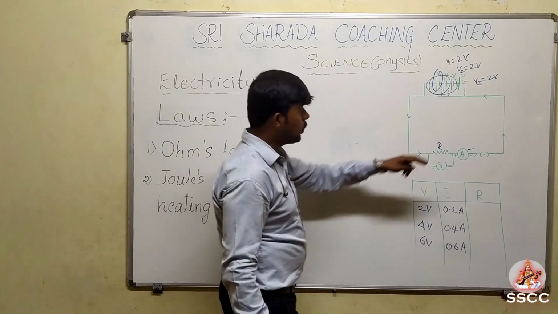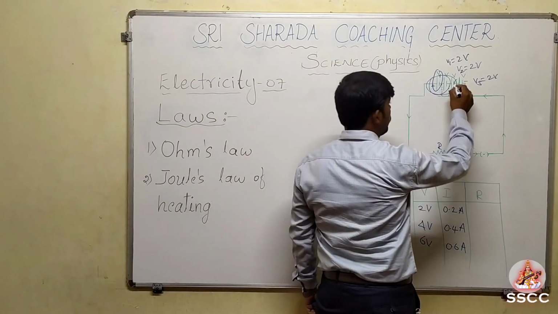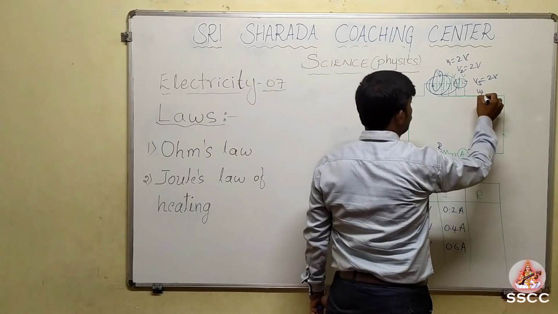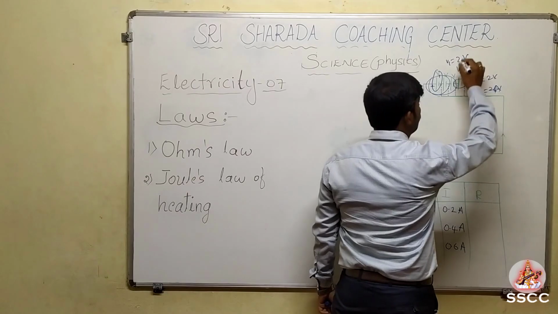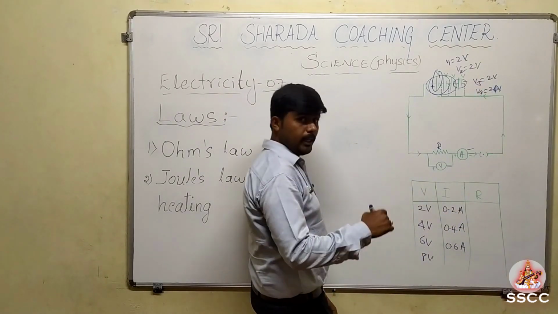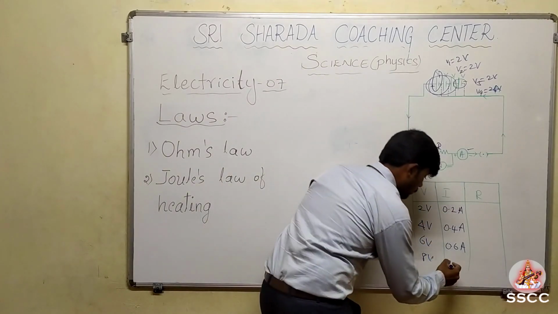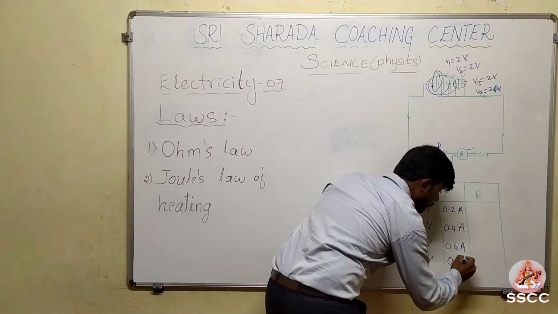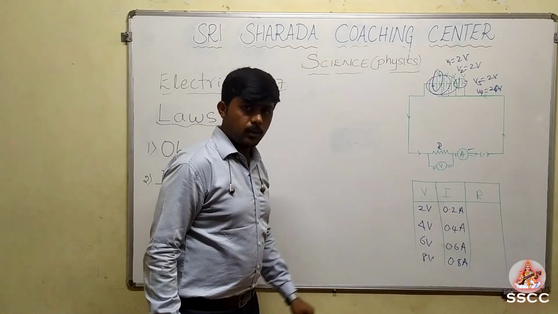And again, we have only one cell here in the battery, we are considering that one also, and here the V4 is also 2 volt, and the total potential difference here is 8 volt. For 8 volt potential difference, you are observing the ammeter reading here, and you are getting 0.8 ampere. Now we will stop this one here.